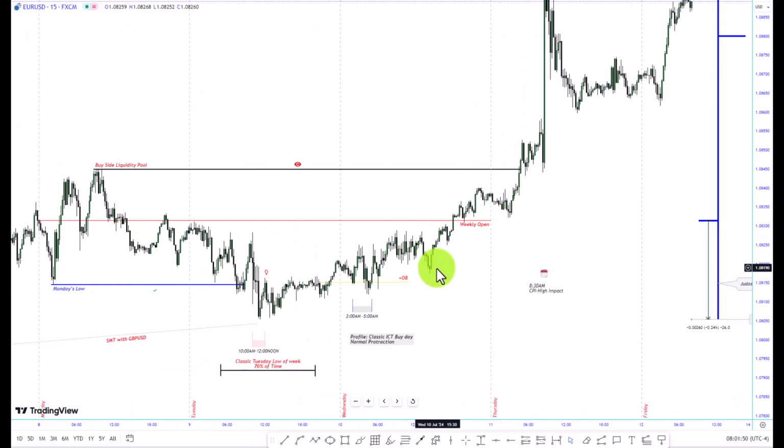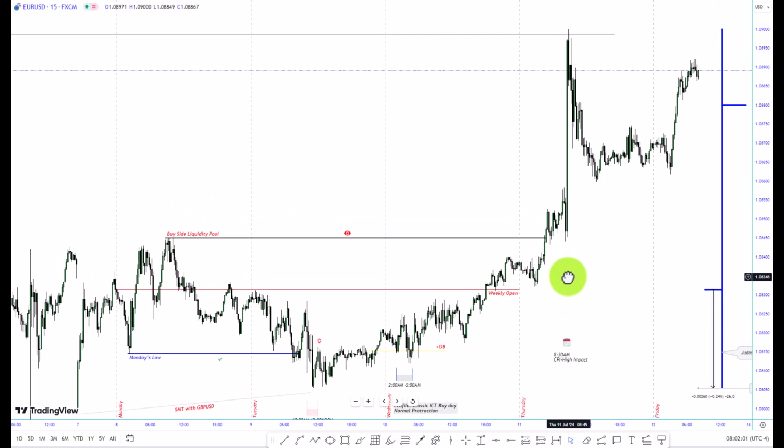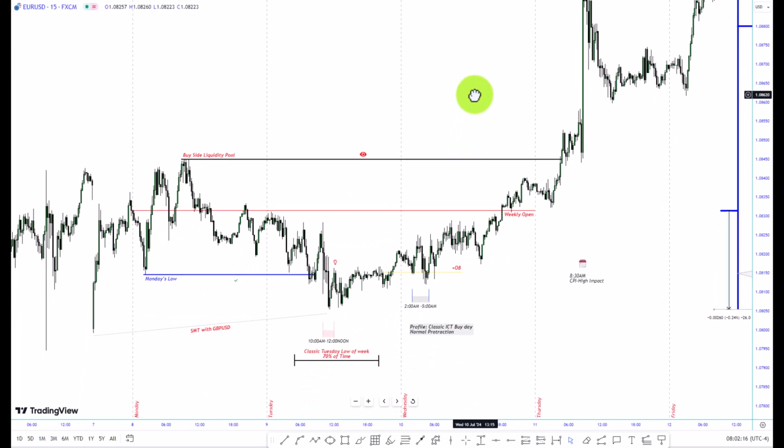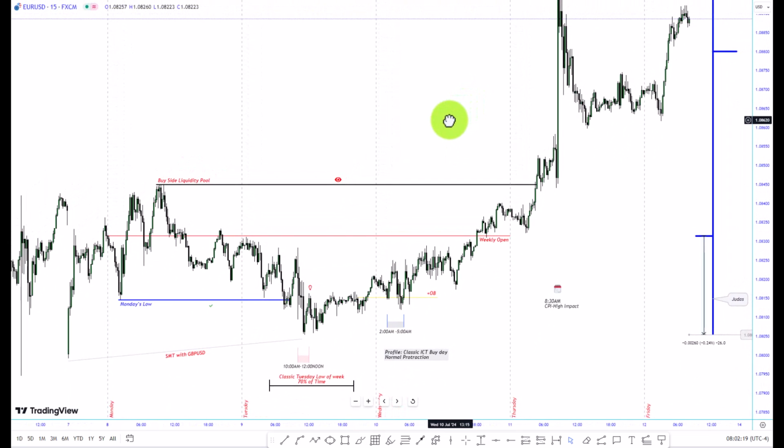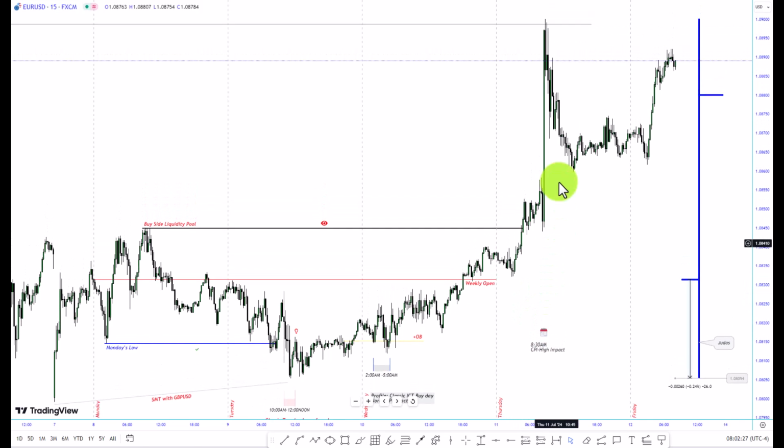On Thursday, yesterday, we had the CPI for the dollar, but the market of course also gave us a buy day to initiate this particular buy side liquidity pool to be taken out for complete delivery. It also gave us a lot of movement to the upside as a result of the CPI, the high impact news, until it reached this particular 4 hour bearish order block. Now this was a classic expansion for the week, and this particular news, they even utilized it as the catalyst for profile 1. But the market dived into a premium array in the form of the low of the bearish order block on the 4 hour time frame.